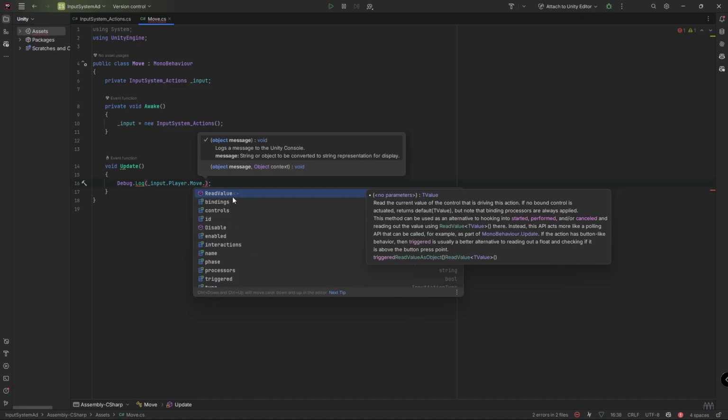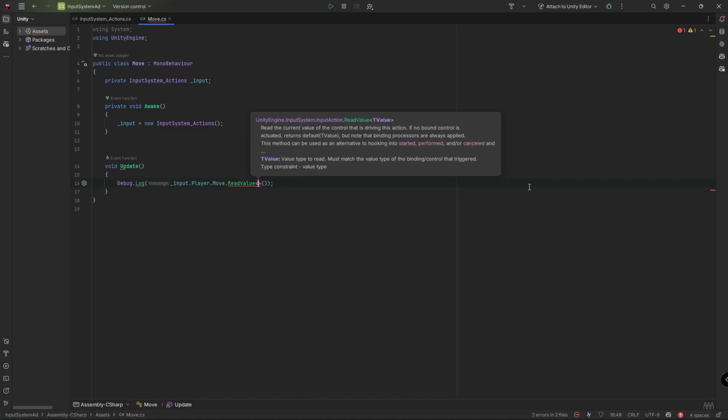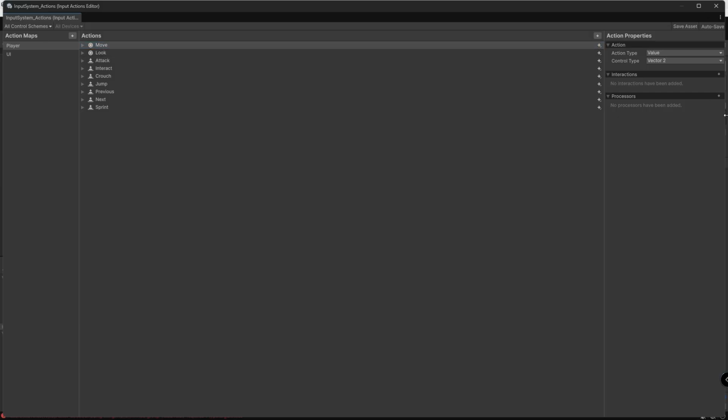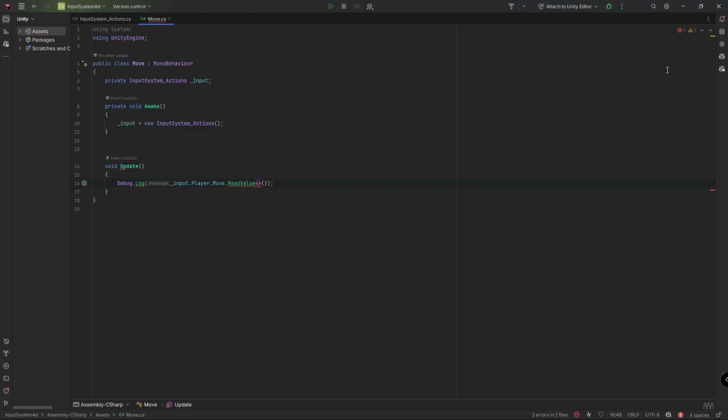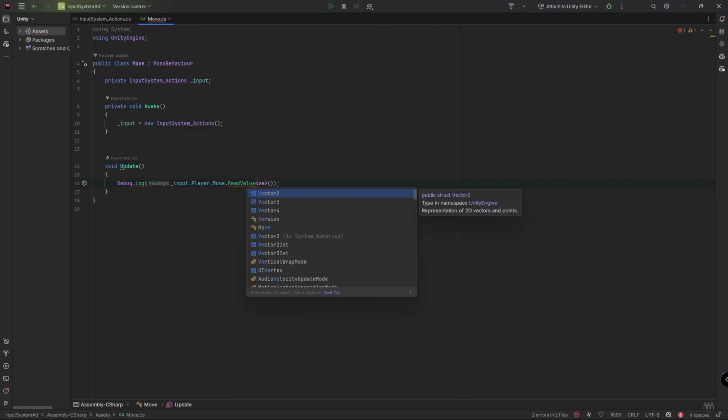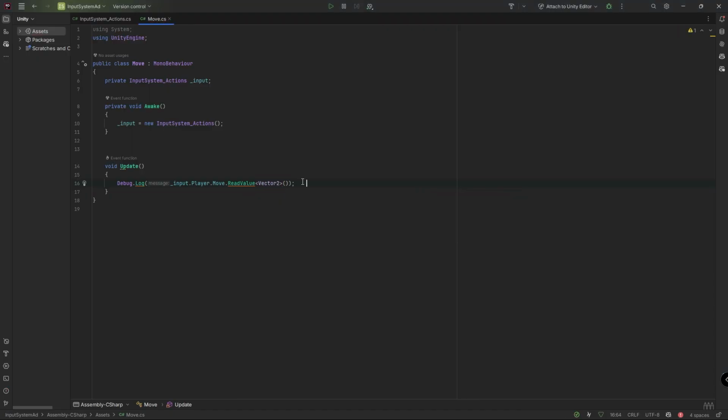But now I just want to use this read value, and as we saw before, our move action has a value of type vector2. So we need to pass vector2 here. So now we are done with our read value method, but at first we need to do something to enable our input, and it's really easy. We can just use this OnEnable